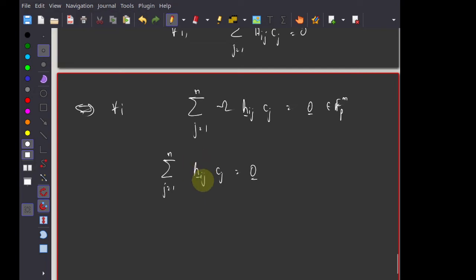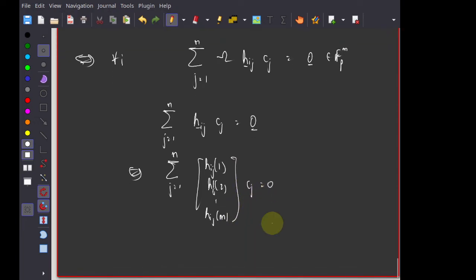Remember that this is a vector. So there's h_ij of 1, h_ij of 2, all the way up to h_ij of m, times c_j equal to 0, which is the same as saying,